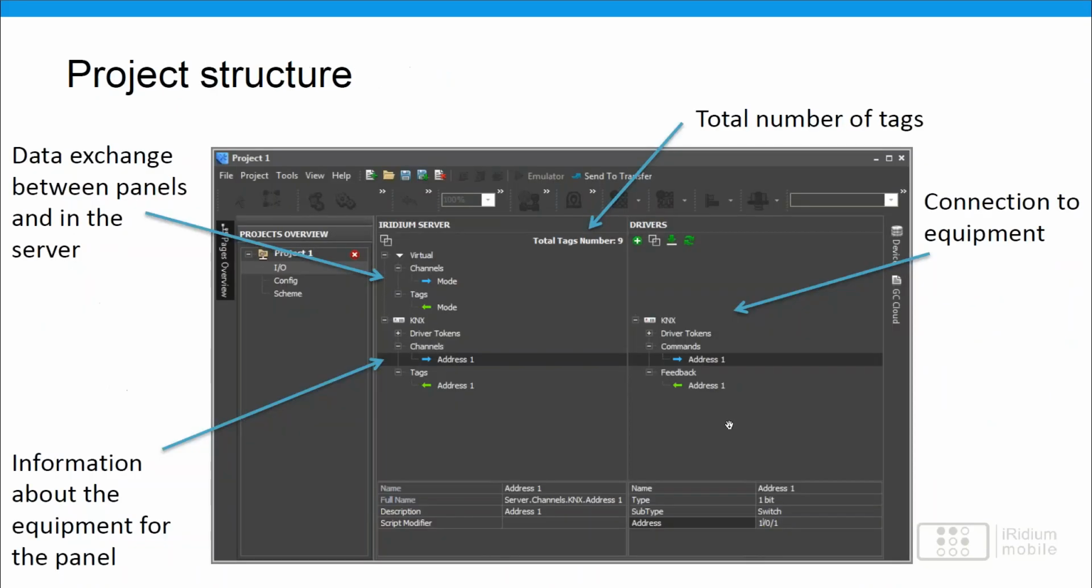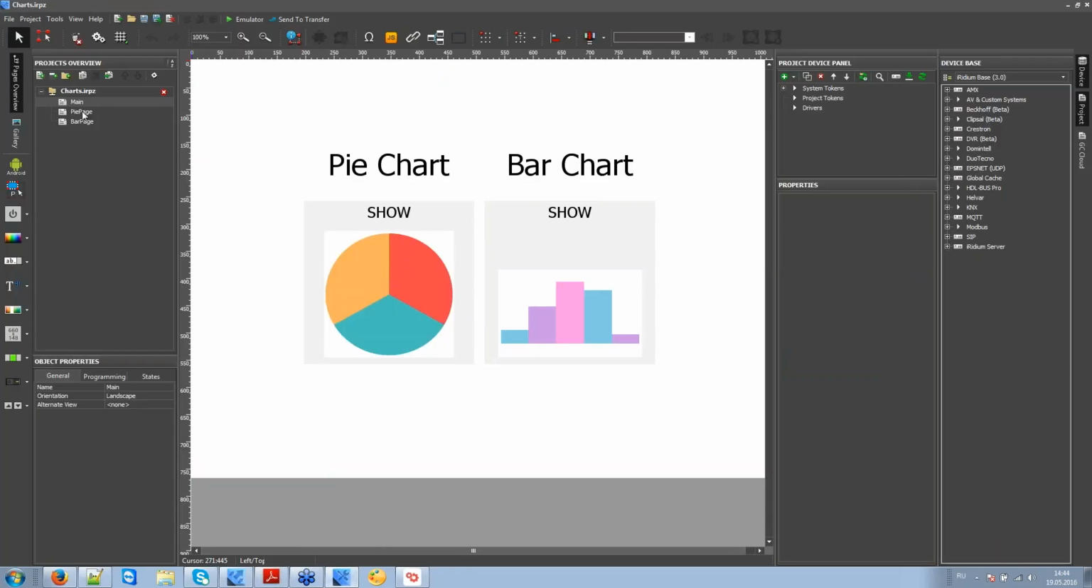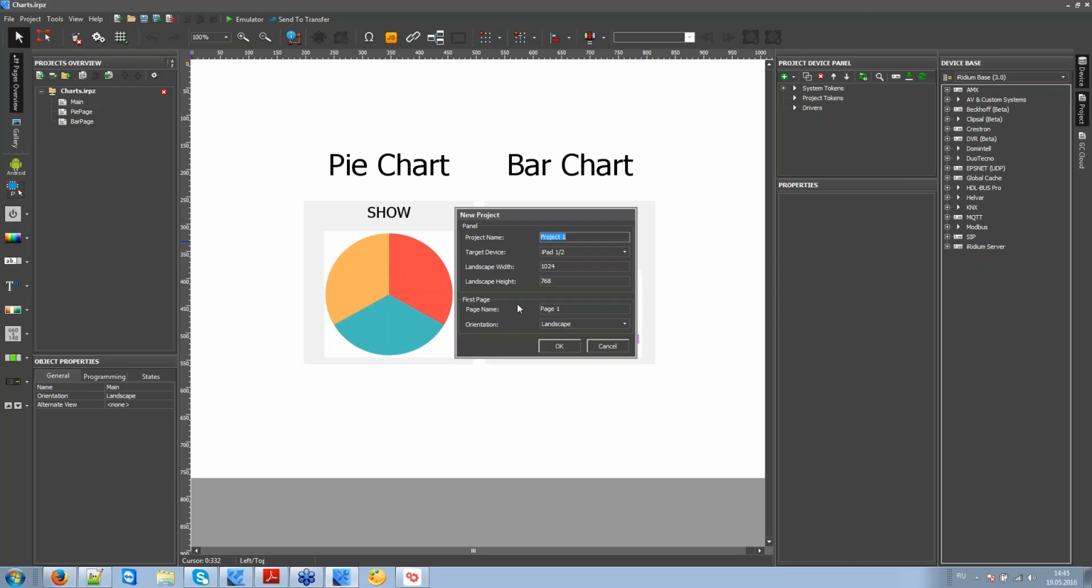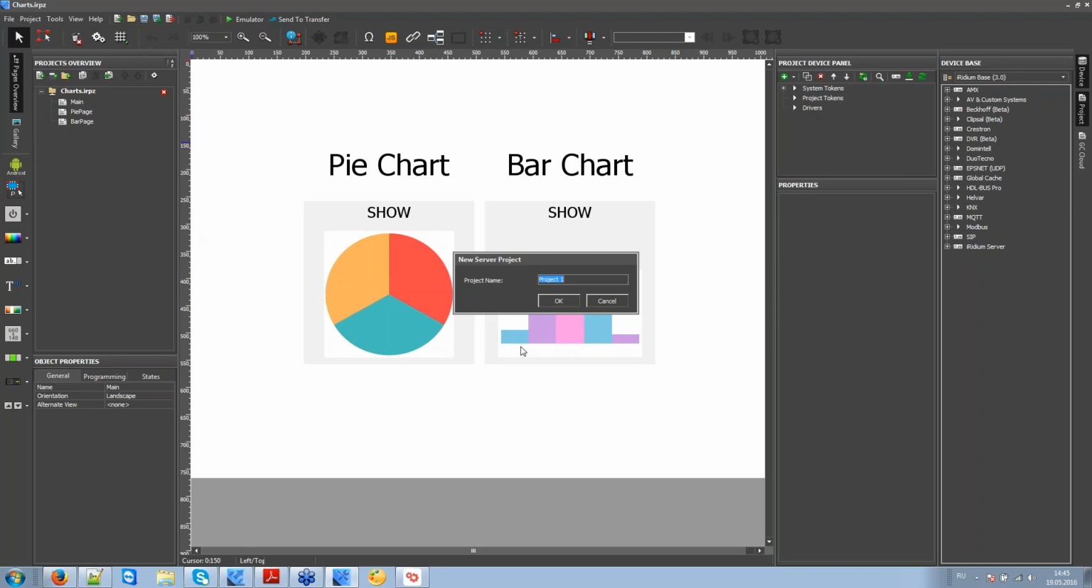The next step is project structure for Iridium Studio. As you may know, all the projects for visualization panels and for Iridium servers have to be made in the Iridium Studio application. It is opened now. I can create a new project for Iridium server. Please see the way to create an Iridium server project: File, New Server Project. I can choose the name for this project